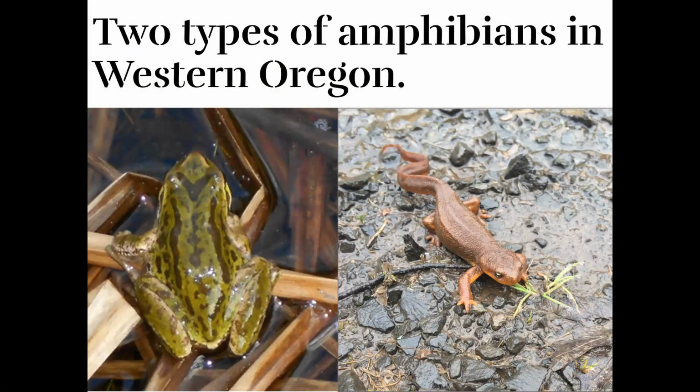So there's two types of amphibians that we have in Western Oregon and Washington. Sorry, I still haven't fixed the slide from this afternoon. We have frogs and toads, and salamanders and newts. Frogs and toads tend to have longer hind limbs, an external ear, and they don't have a tail, whereas salamanders